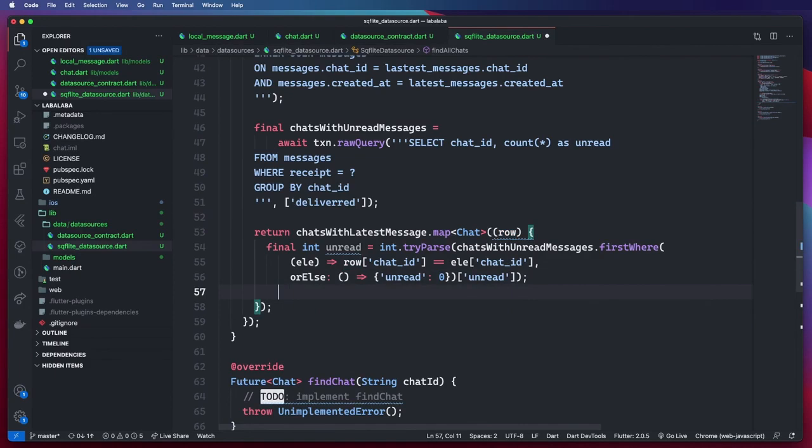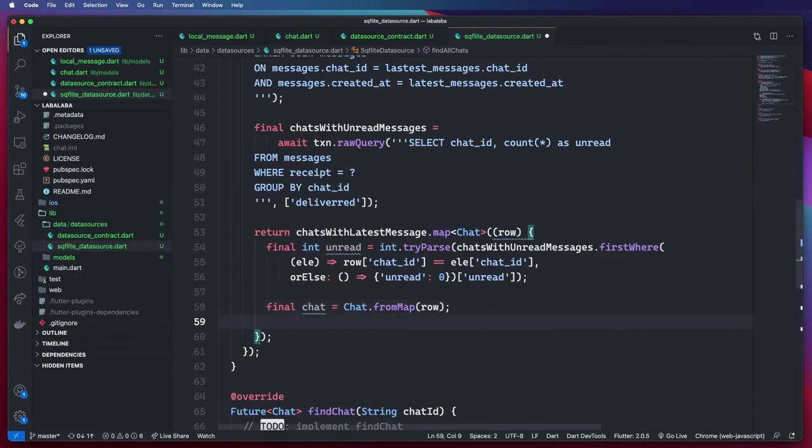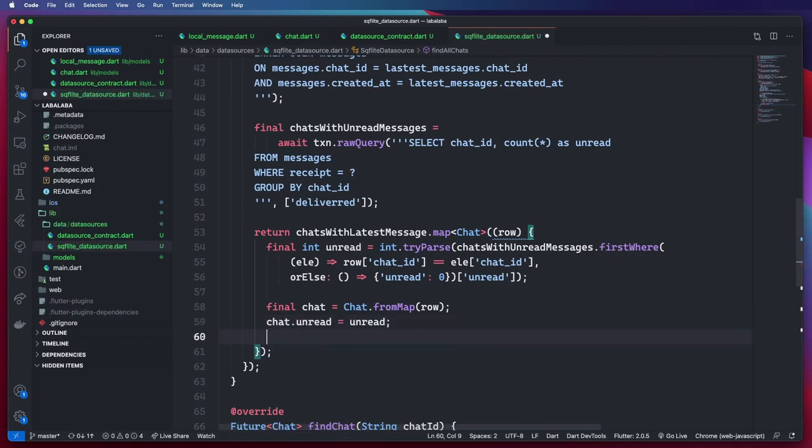So now that we have that, we can say create a chat, find all chat, be chat from map, and we just pass in our row, and then we can say chat unread equals to unread, and then we can say chat most recent will also equal to local message